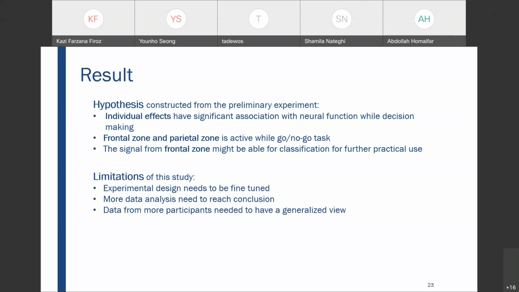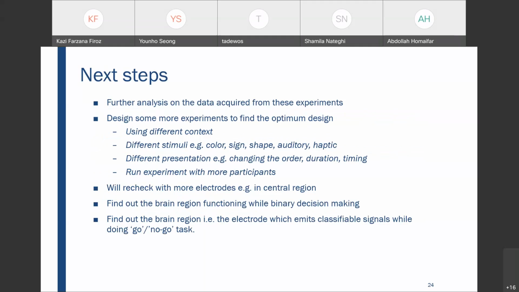in more participants. The limitation of this study is that the experimental design needs to be fine-tuned. All of these runs and experiments were a preliminary experiment to understand the experiment. More data analysis is needed to reach a conclusion, and obviously we need more participants to have a generalized view. So the next step of our study will be further analysis of the data acquired from this experiment. So far, we have done only experiment 1. Next we'll do the other